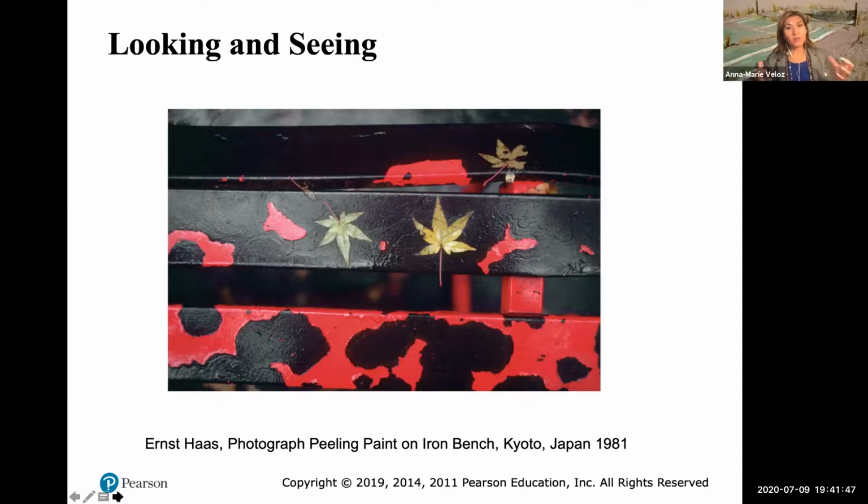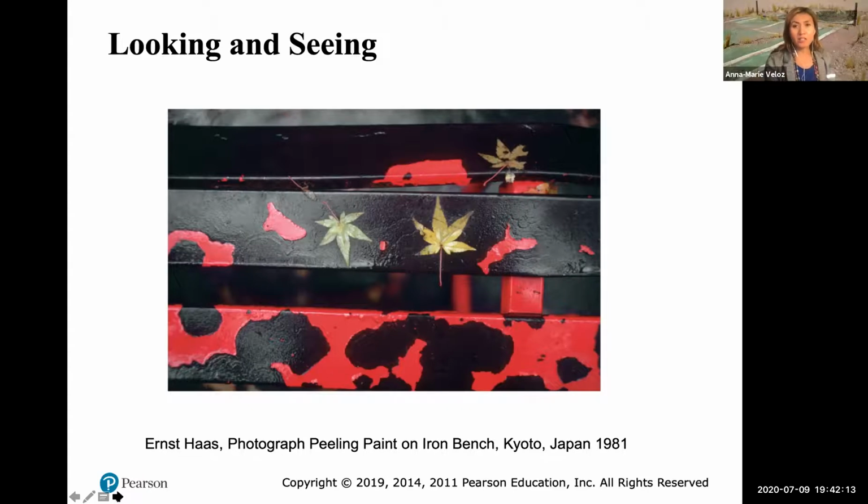And then we also have some organic matter that has actually attached itself to the surface of this bench, which are leaves. And we can tell the leaves are perhaps a little bit wilted, dead in color, so maybe it gives us a sense of the season. And we get to just maybe take this in and enjoy the abstraction of this particular piece.